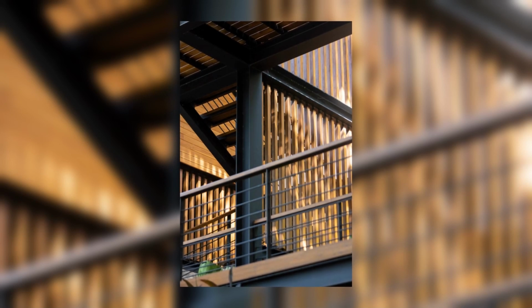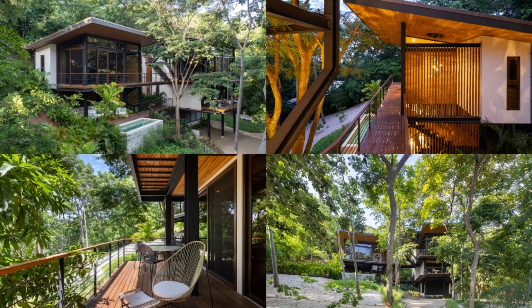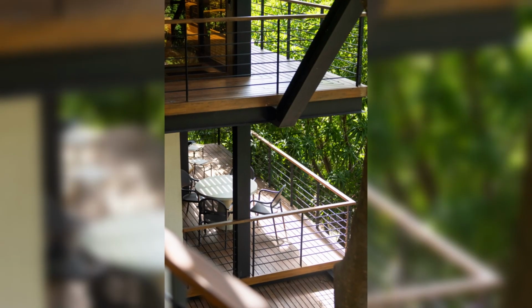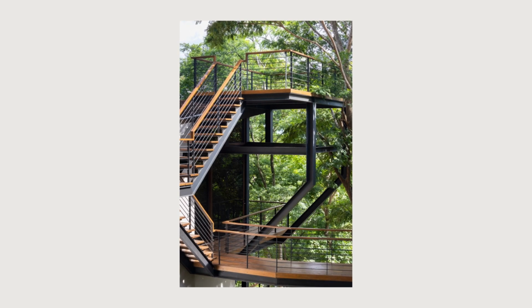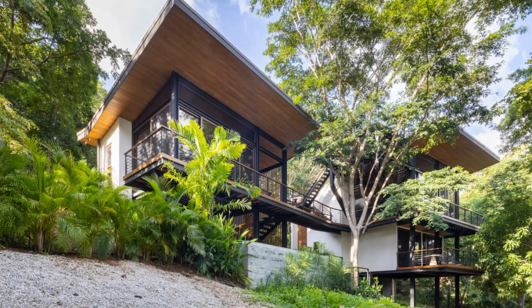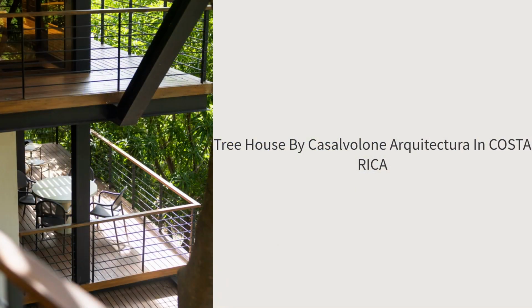The open and fluid design of Tree House invites a life connected with the lush nature of the area. The spacious common areas merge with the surrounding landscape through glass walls that open outwards, creating a sense of continuity between the interior and exterior. The interior spaces are flooded with natural light and cross-ventilation, offering a living experience that celebrates the connection with the